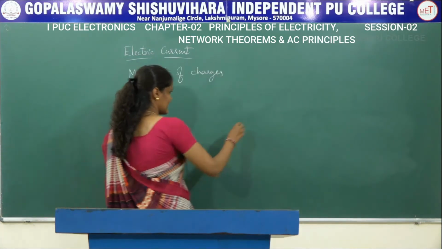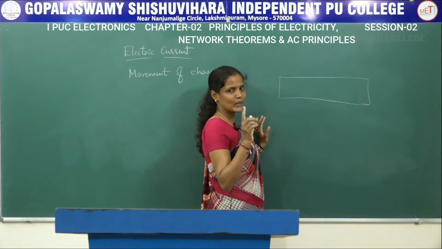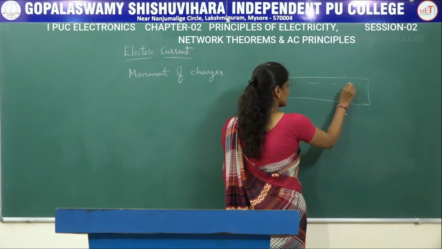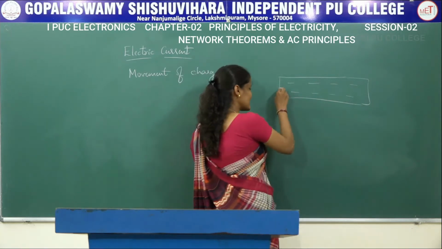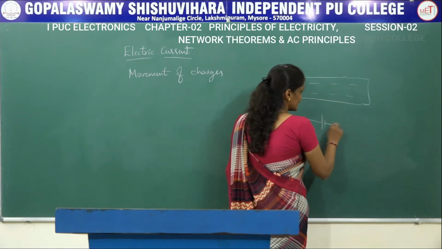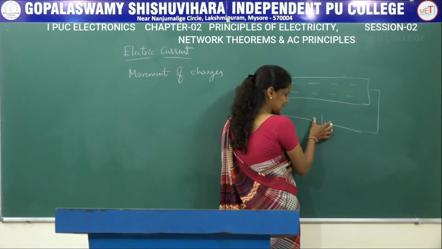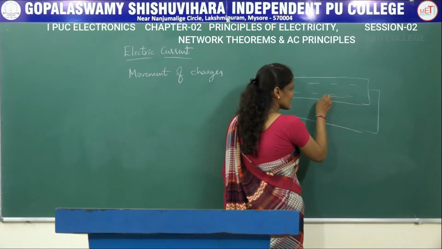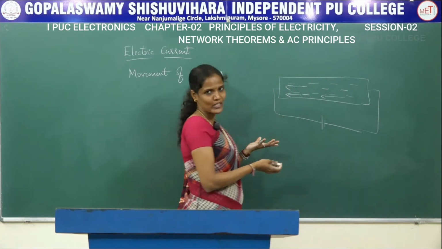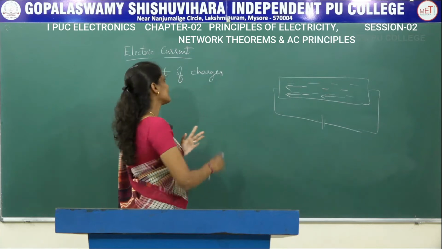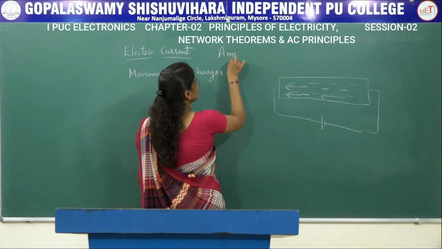If I consider this as a conducting material, and the electrons are denoted by the negative symbol, then negative charges are present in the substance. As soon as I provide some kind of external force, either in the form of a battery or some other source, these electrons start moving from one place to another, and this movement of electrons itself is called the electric current. The unit for electric current is ampere.